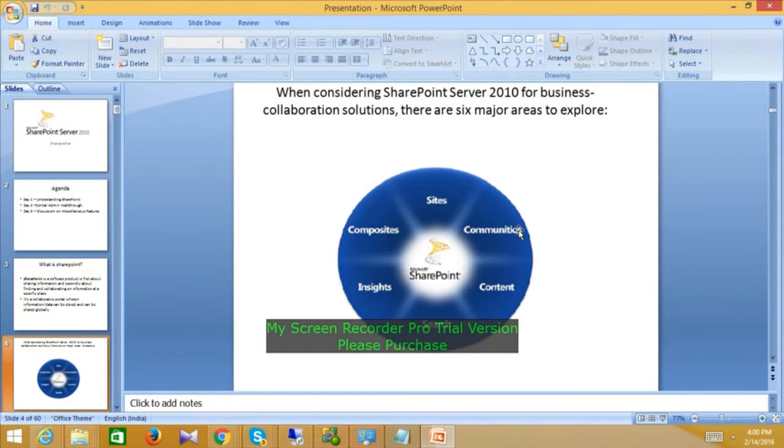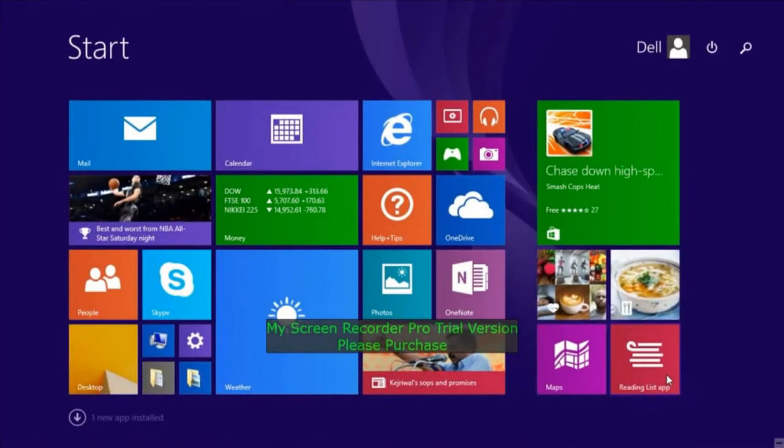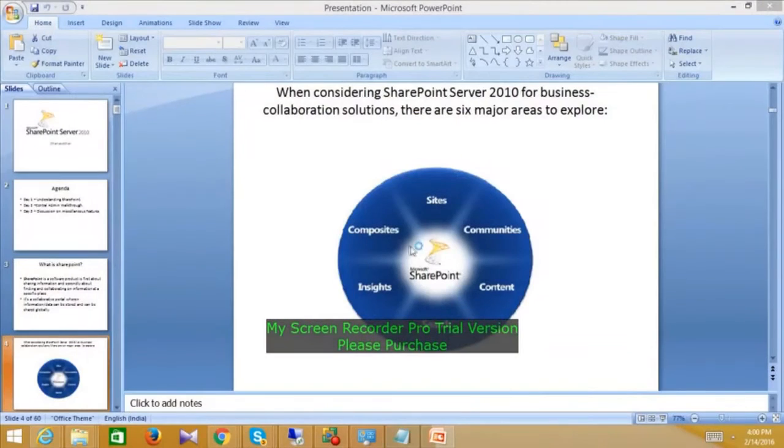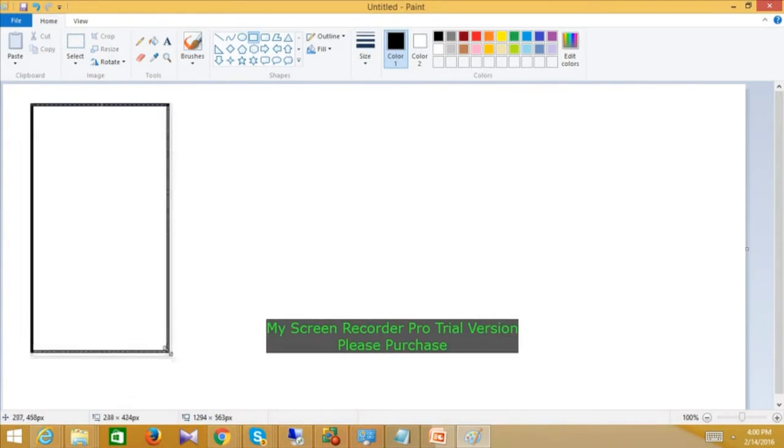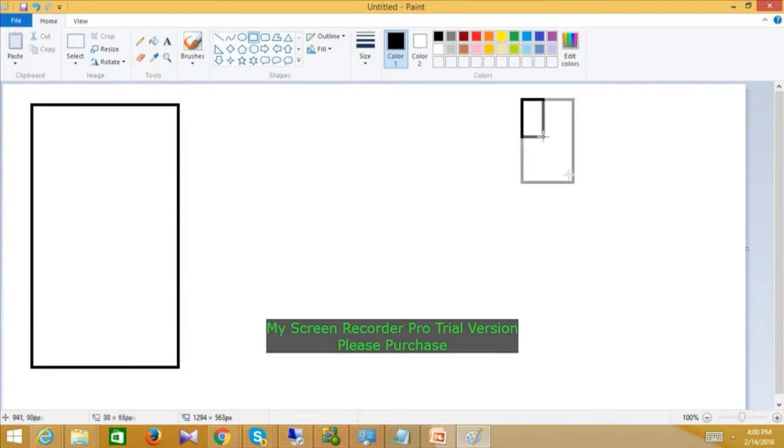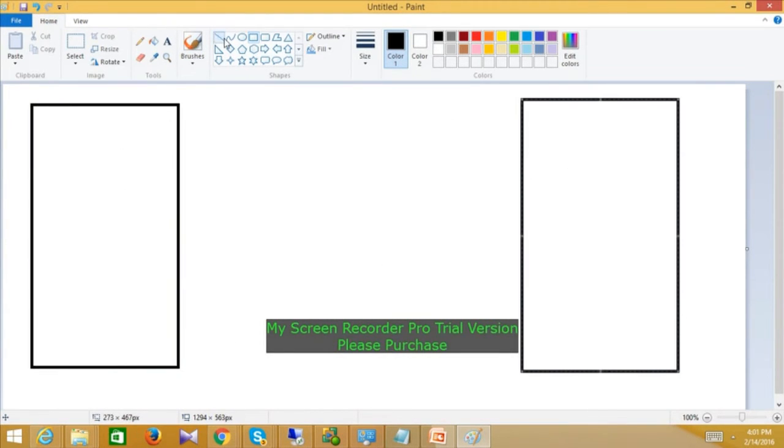Next, content. What is the content? See, the entire SharePoint content will be stored in SQL Server. Will we have to install SQL Server for that? Yes, exactly. This is the SharePoint server, and this is the SQL server. Assume this is the SharePoint site.